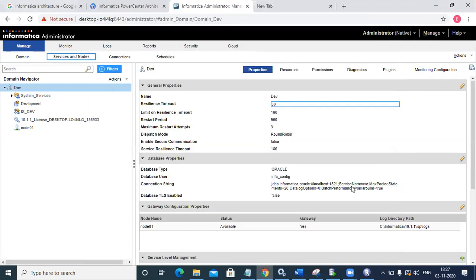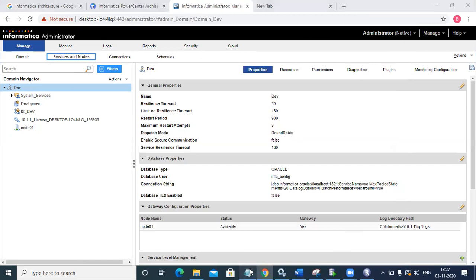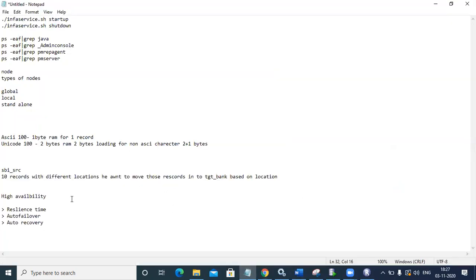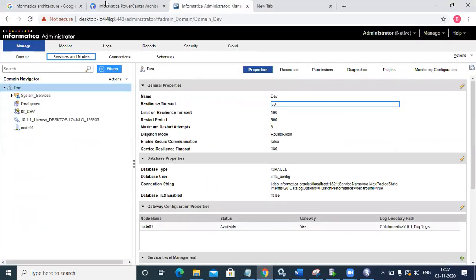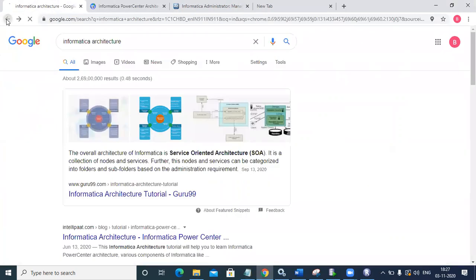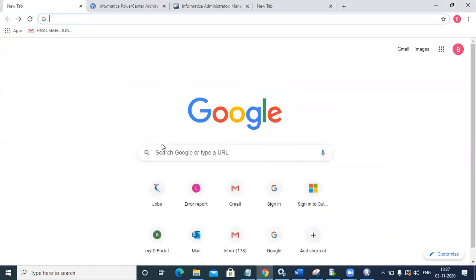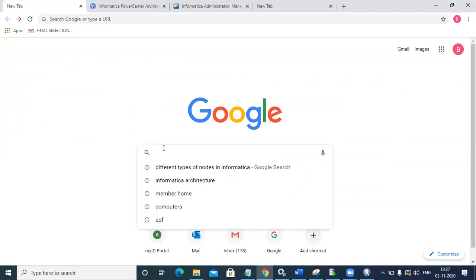Now we need to discuss one more concept called auto failover. How it will work in the multi-node option. In the multi-node concept, we saw the master gateway, worker node architecture, right? In that architecture,